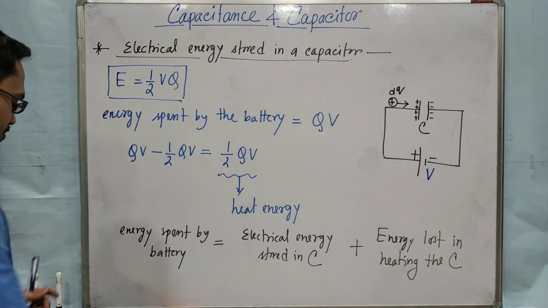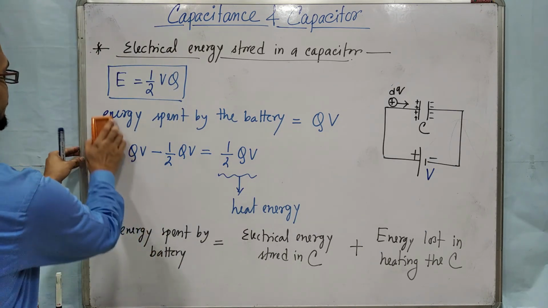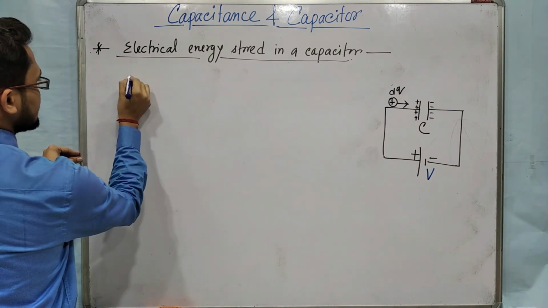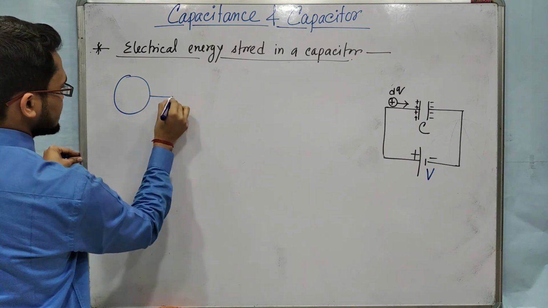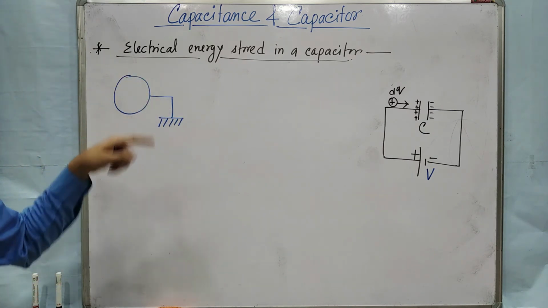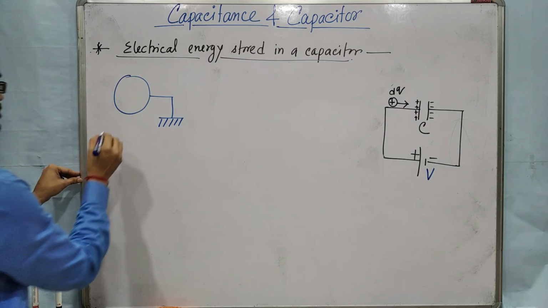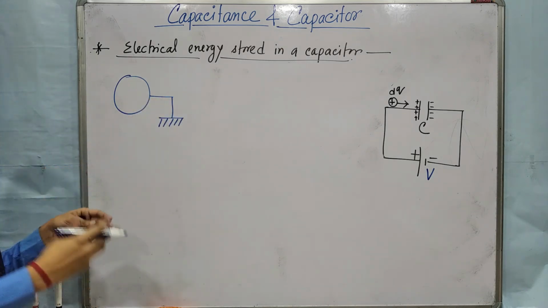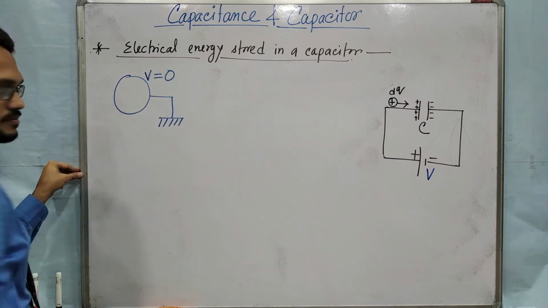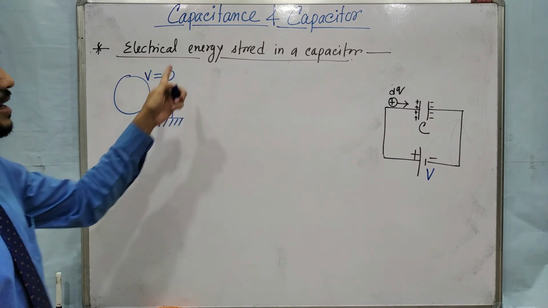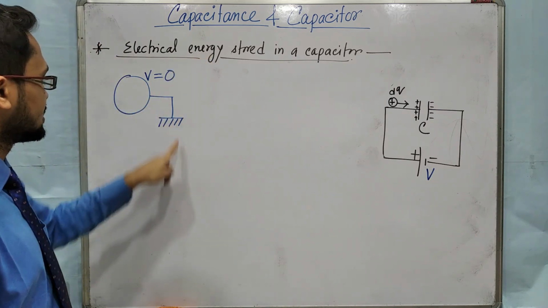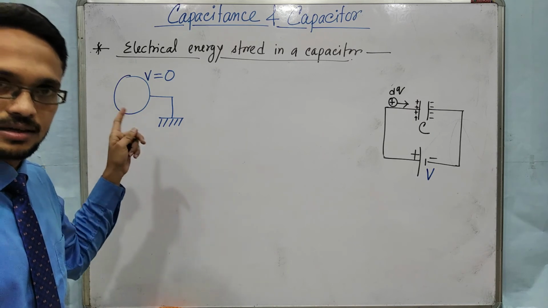Okay, now come to one or two simple points. I am erasing this part. Suppose you have taken any capacitor, and that capacitor is grounded. I have taken here a spherical conductor, but you can take any capacitor. So it is grounded. For a grounded capacitor, what is the potential? V equal to 0. We had seen that in the last part, dielectrics and conductors: V equal to 0 for a grounded conductor.